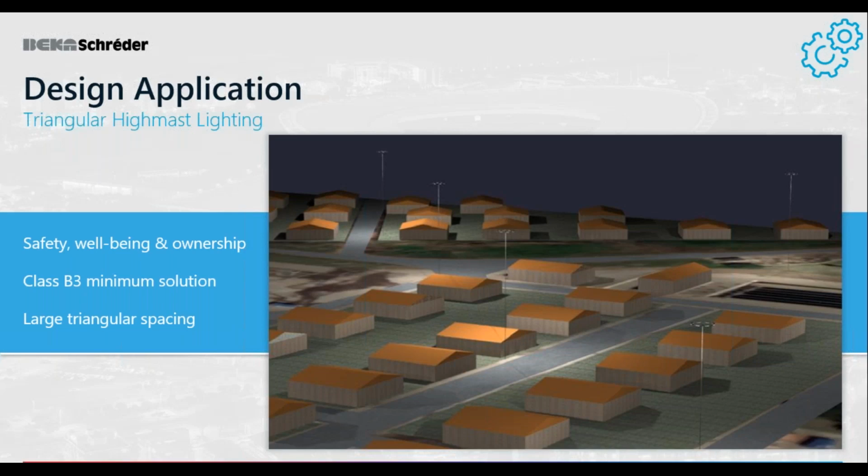And then finally, the typical distance for our triangular spacing, the method we apply: we achieve with the 270 watt OMNIBLAST-E MIDI, using that very specific optic 5188, around 260 meters in a bilateral triangular spacing with 8 luminaires at 30 meters mounting height, which means we're using the fewest amount of high masts with the fewest amount of luminaires per mast over a large area, which again reduces cost to the client, reduces energy consumption, and provides this real environment of good lighting, good color rendering, and I just think it's a great product for